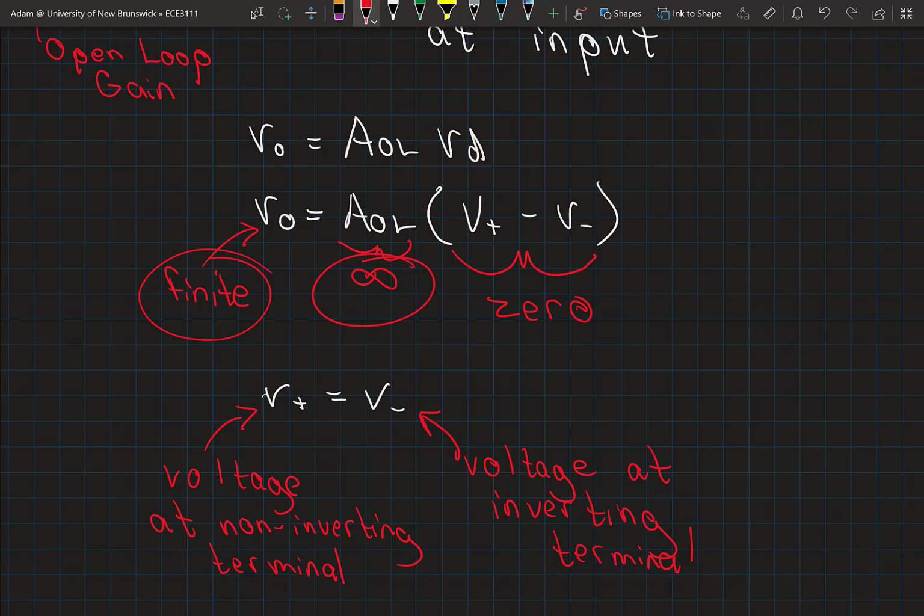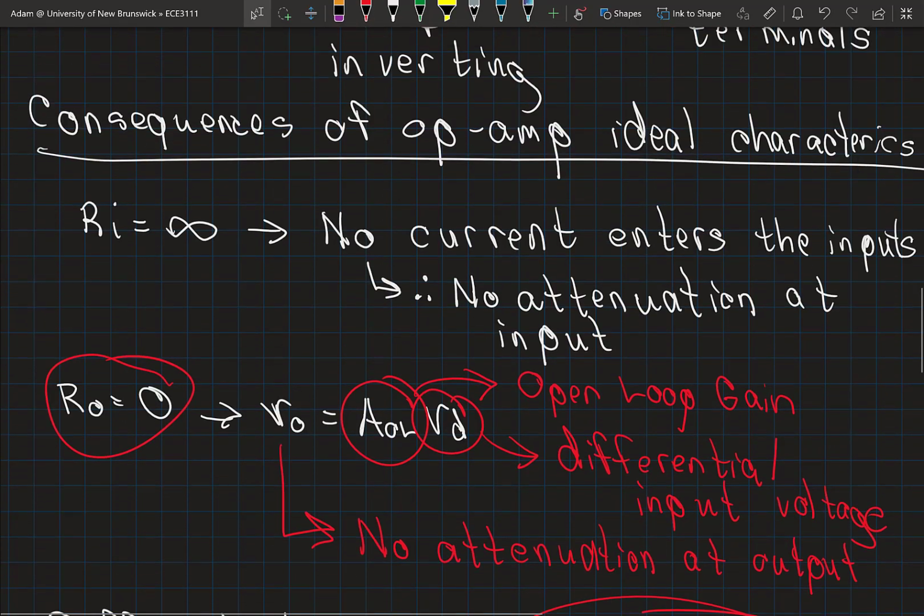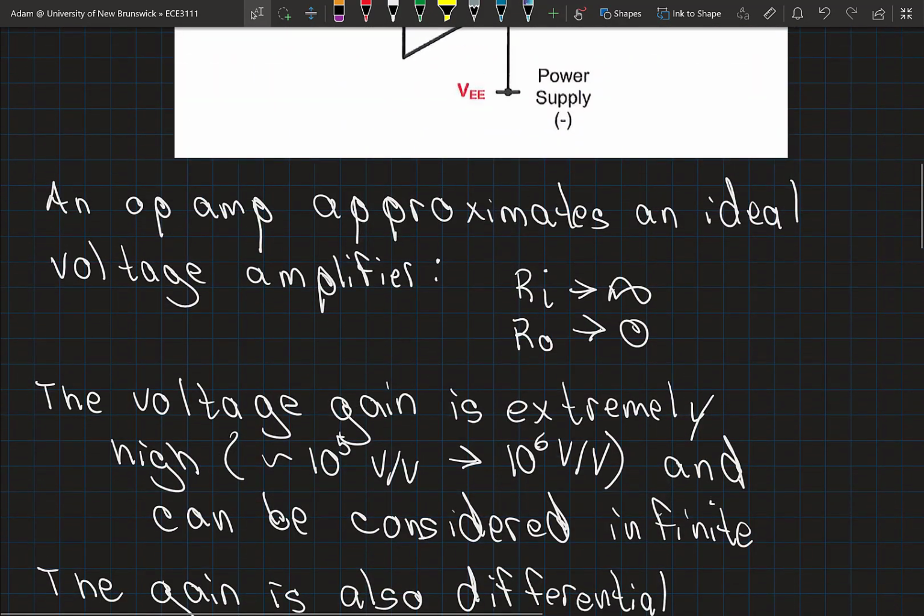Okay, so we'll leave off here today, but just something to think about going forward: it doesn't seem all that useful to have a gain that's infinite, right? That doesn't give us much control over the amplification, and we know that the open loop gain is not in fact infinite. And back here we said that the open loop gain is in fact